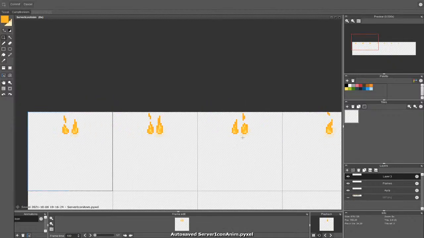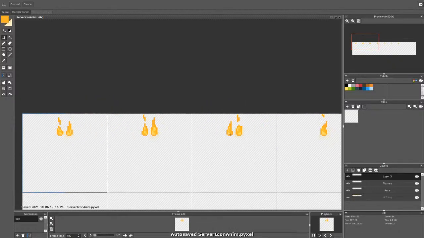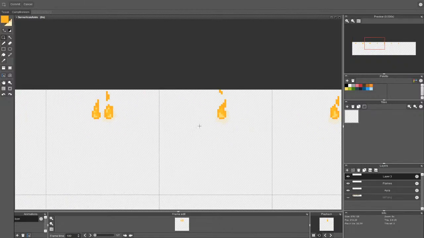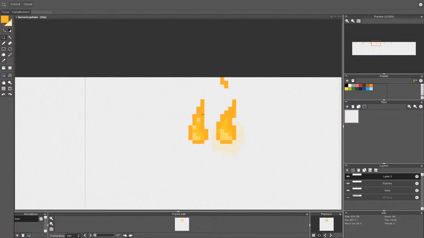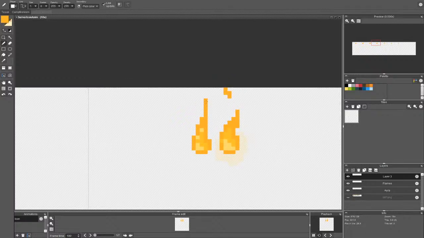Okay, so I got lost a little bit. Yeah, I see now. So we should basically copy that, and now we are cutting off this part of the flame. And we can increase this side a little bit more. And wait.